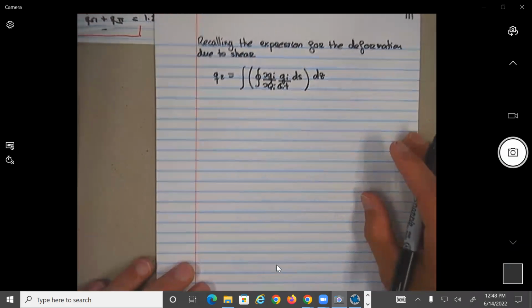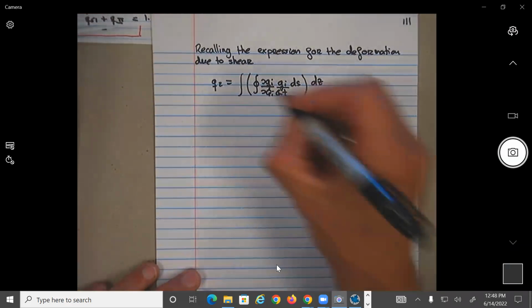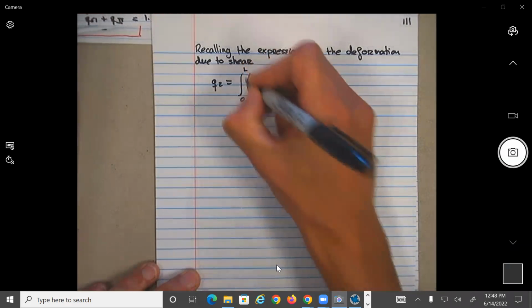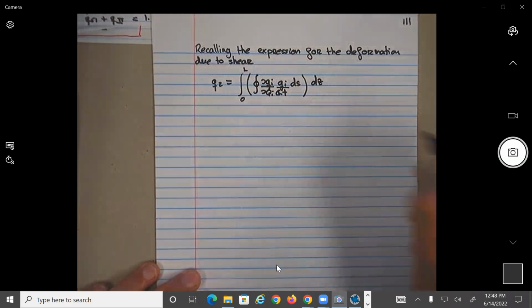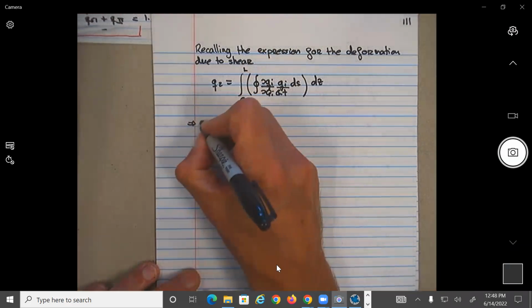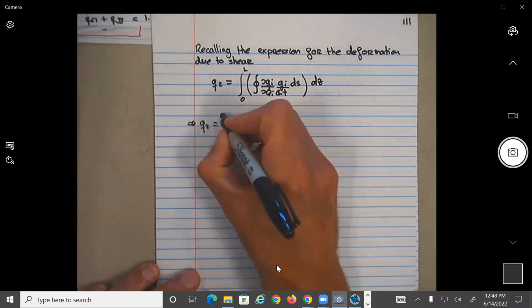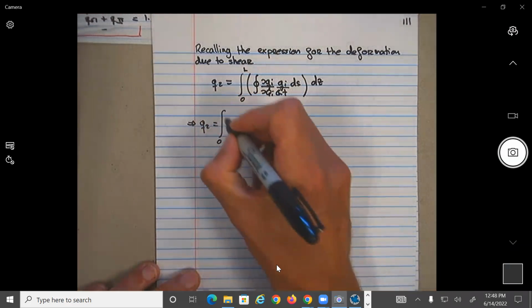Okay, so I'm not going to do the hand calculations here, but basically it will be 0 to L. So this should give you here Q2 equal integral 0 to 2000